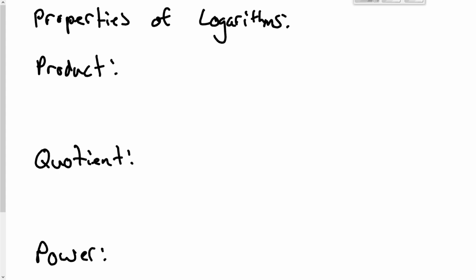Here's the last part of section 4.3 talking about properties of logarithms. Since logarithms and exponents are inverse to one another, the properties of logarithms kind of follow the same rules as exponent properties. So, exponent properties